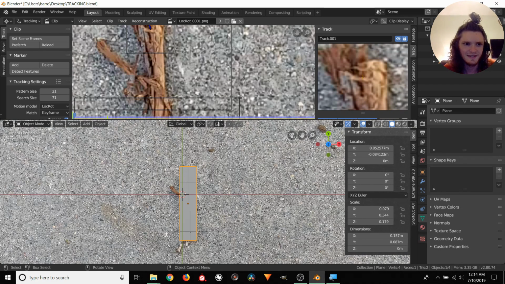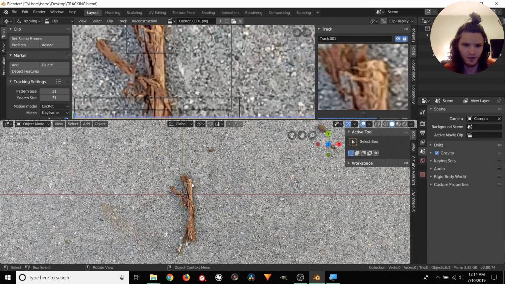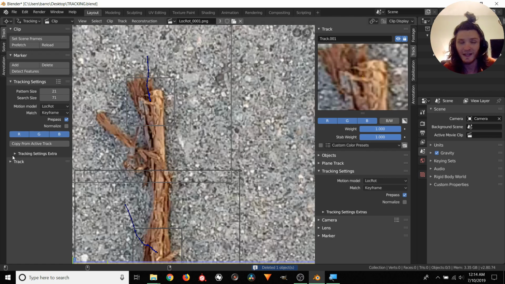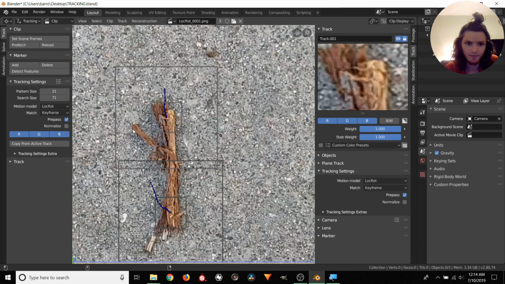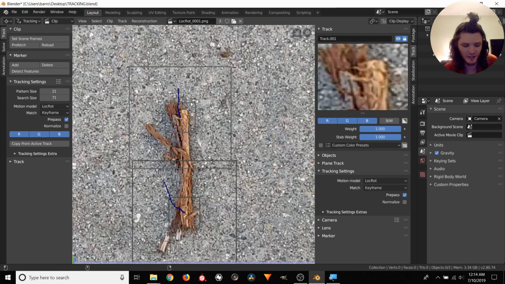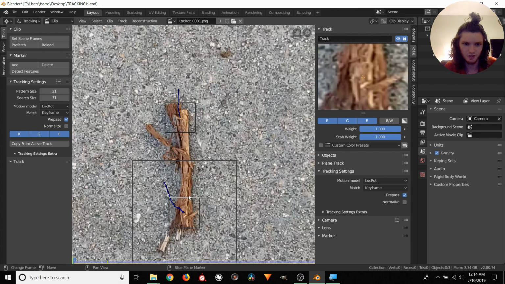Okay, so that is that. And actually, we can just delete that. And one thing that I thought about doing is for each layer that we go up, so now we're on location rotation, I just reveal one more setting that we could play with, right? So for example, I want to talk about Normalize. It's not going to be very relevant for this piece of footage, but it is something, so let's just delete